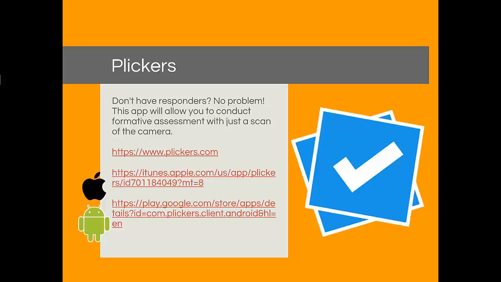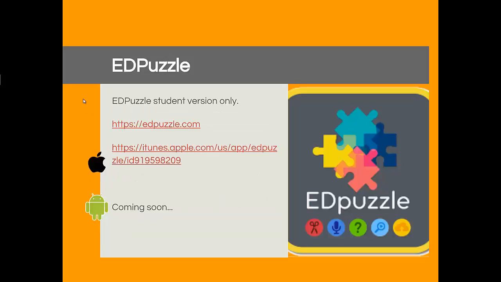Because each card is different, students don't know what answer everyone else is holding up. So it's not like a thumbs up, thumbs down, where they can look around the classroom and see what everyone else is holding up and mimic them. It's a great tool, and it makes it so students can't just hide. Really easy to use. Again, you can either create quizzes ahead of time to use with Plickers, or you can ask the questions on the fly, so great tool.